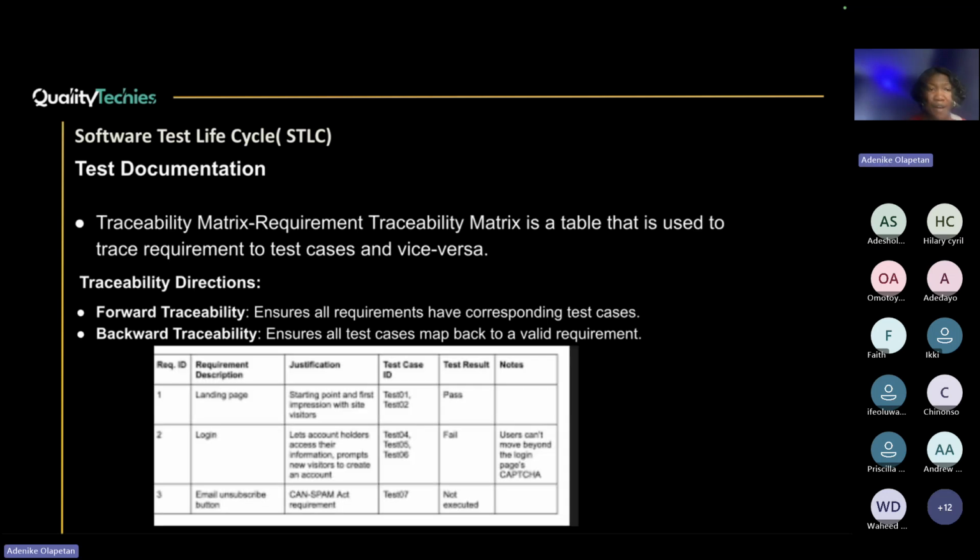So another one is traceability matrix. Very soon you start attending interviews and they might ask you what requirement traceability matrix is. So requirement traceability matrix is just a document that maps requirements to test cases and also maps test cases to requirements. So we have forward traceability and we have backward traceability. So for forward traceability, it ensures all requirements have corresponding test cases. Then backward traceability ensures all test cases are